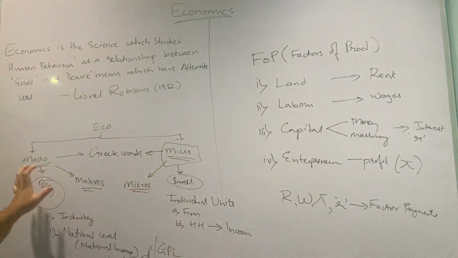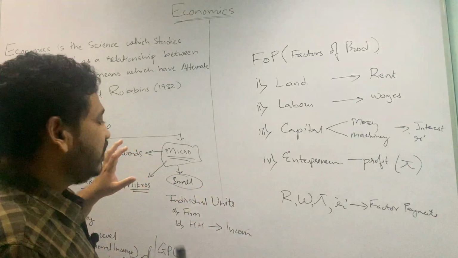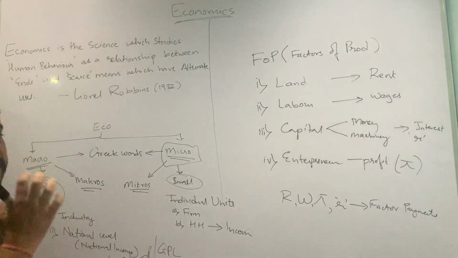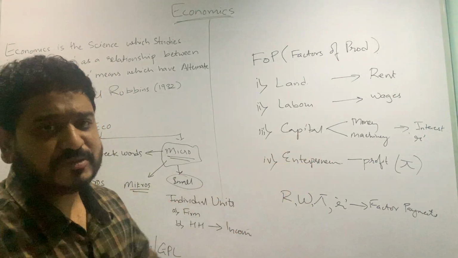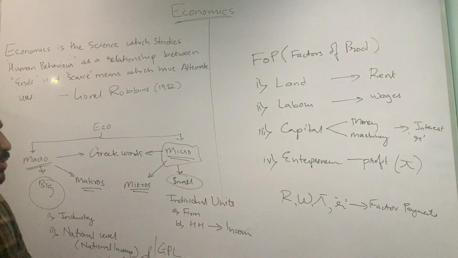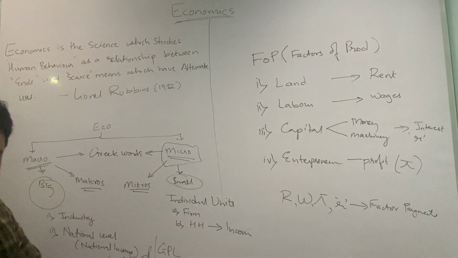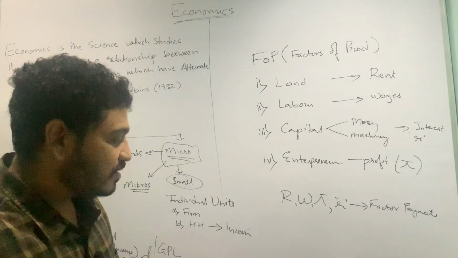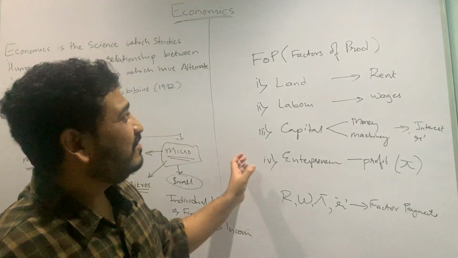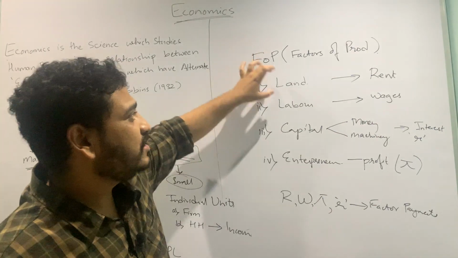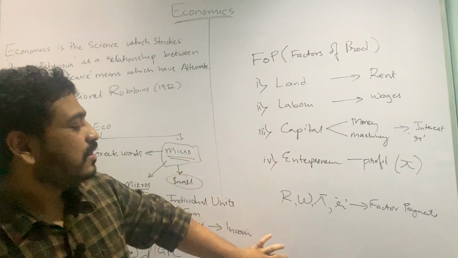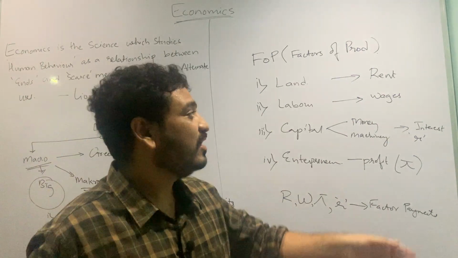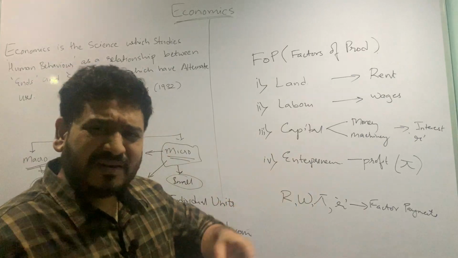Here this is particularly related to micro, but I still gave you a sense of what micro means and what macro means. We dealt with an example of the cell phone industry and also the different firms there. Whenever it is at an individual level or individual unit, it is called micro. Whenever it is at national level or aggregated levels, then it is called macro. Then I gave you a sense of what the factors of production in economics are: land, labor, capital and entrepreneur. And also factor payments, the remuneration you will be giving.